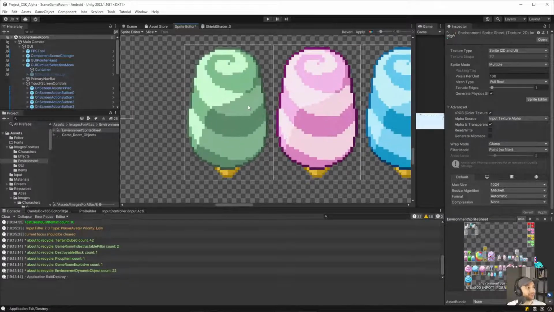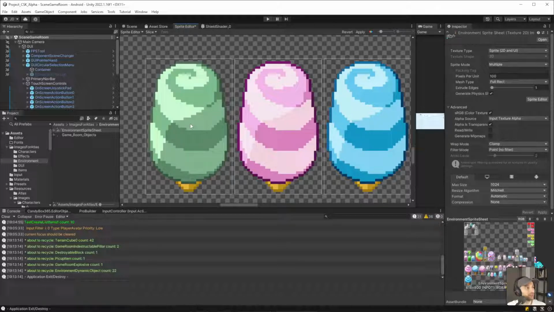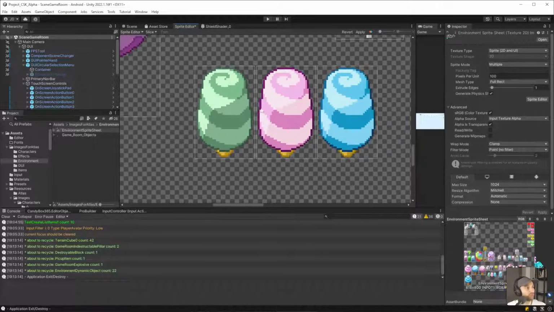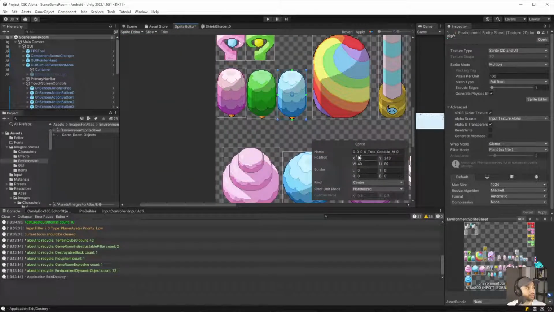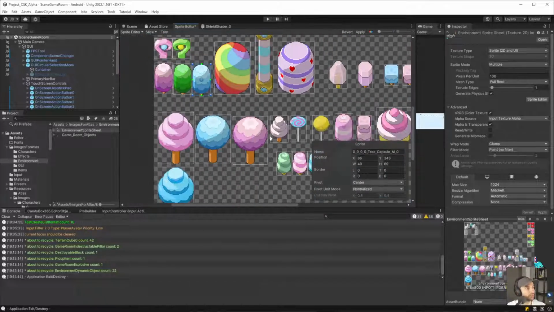All right, so we'll call this one 0, 1, and 2, but we need to follow the naming convention. So what did we call these? So these were tree size medium. These ones are still kind of a size medium. These are still the same size, roughly speaking.